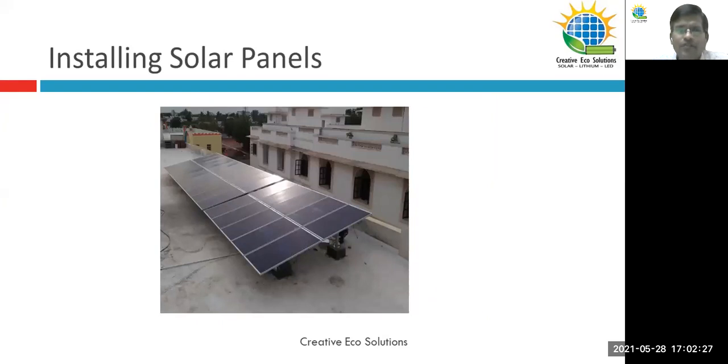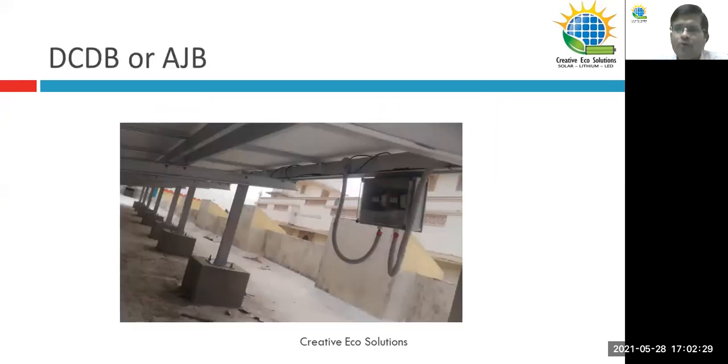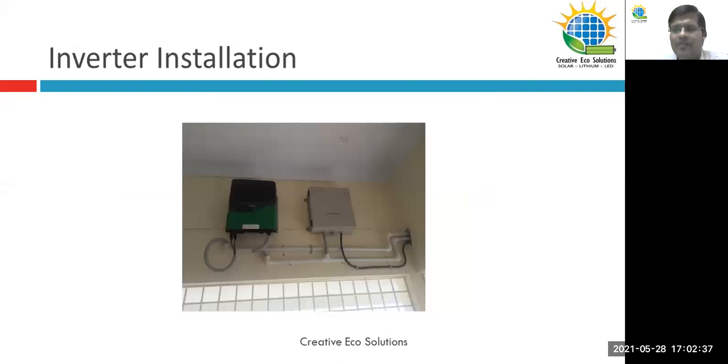After the installation of the solar panels, you have to quickly run the strings. They go into the DCDB, and from the DCDB to the inverter. Most of the on-grid inverters are wall mounted, so identify a place where you have easy access, and mount and terminate it. Next to the inverter you have the ACDB or AC distribution box, which will have an MFM and a breaker.